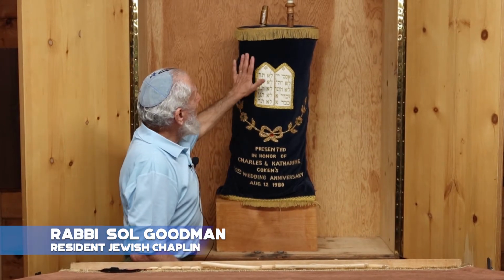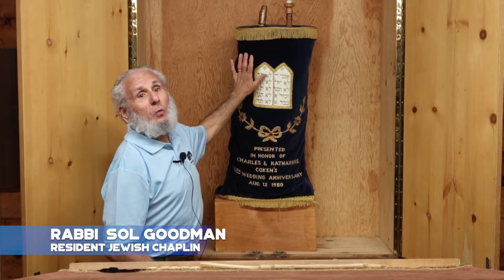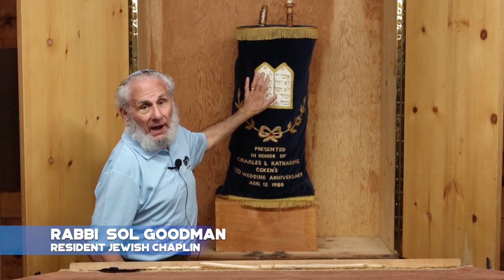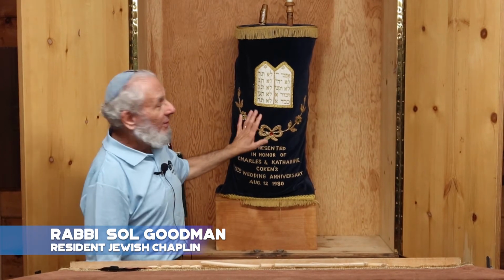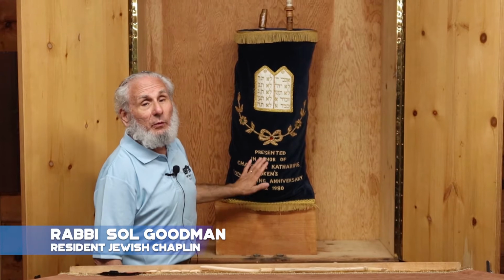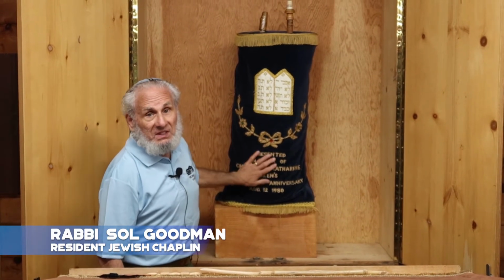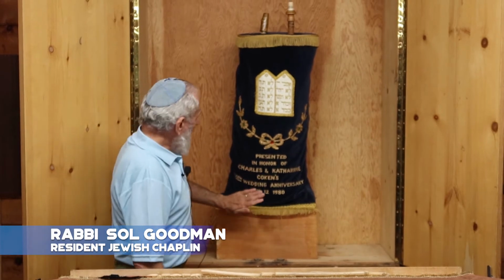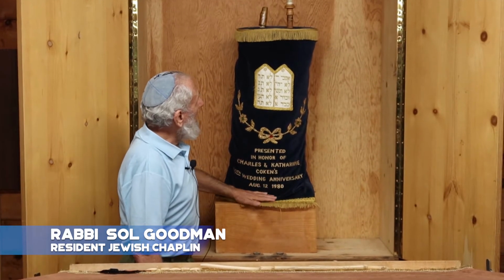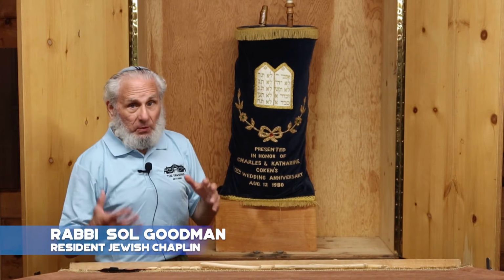This was actually the first Torah scroll that I read from when I moved to Rhode Island. This was a very long time ago. So I'm very happy to be able to have this, and we read this every Friday night when we have services for Shabbat right here in the Temple of the Ten Commandments. Now, what we read from this scroll